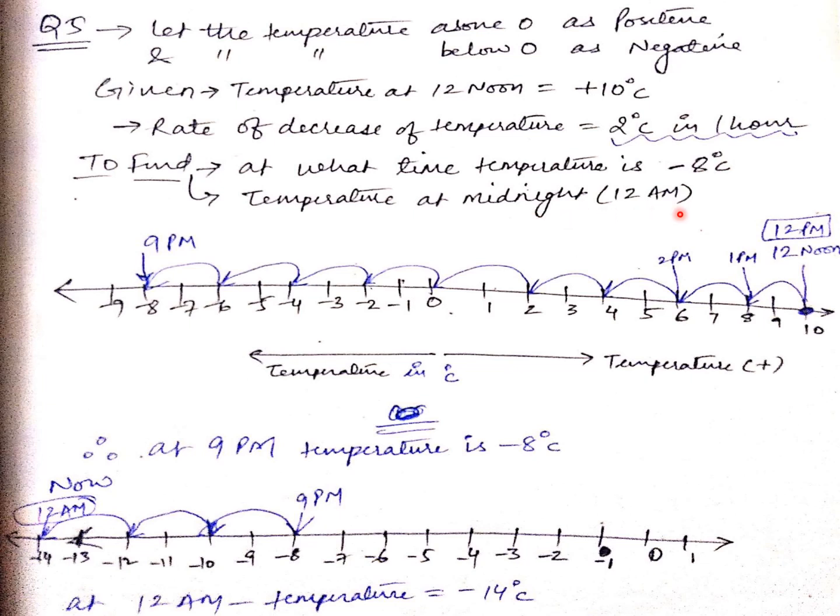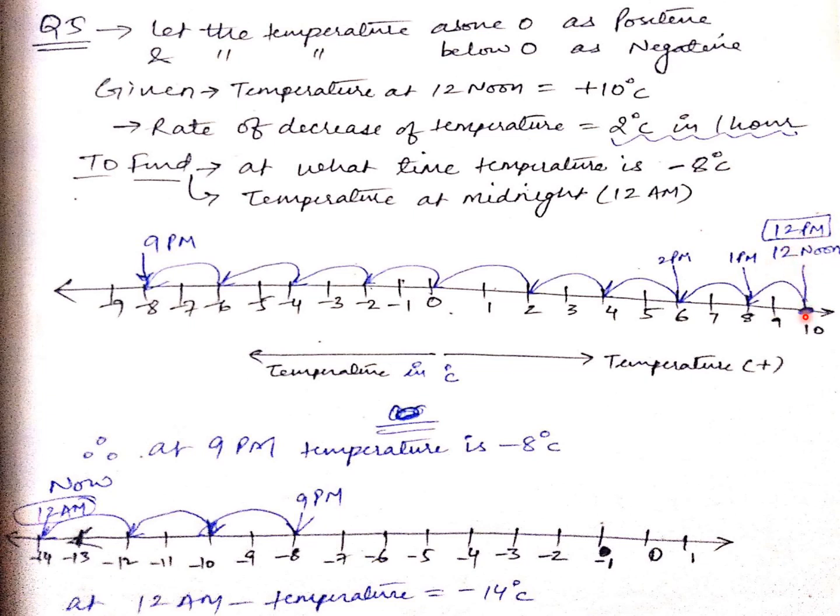I have solved this problem using a number line. You can use any other method, that is okay. This is the easiest one to find, that is why I use the number line. So you can see on the number line I have shown you temperatures at this time. So we have 0, 1, 2, 3, 4, 5, 6, all positive temperatures, and this side it is decreasing, minus 1 degree, minus 2 degrees, minus 3 degrees and so on. So we can see at present temperature is 10 degrees Celsius. So we are here and time is 12 noon or 12 p.m.